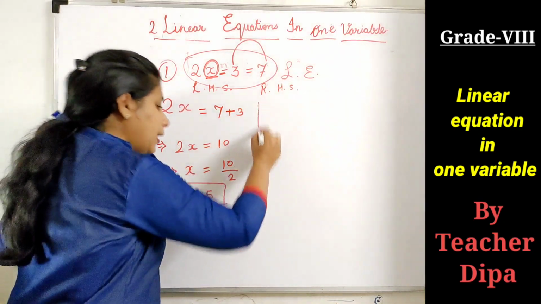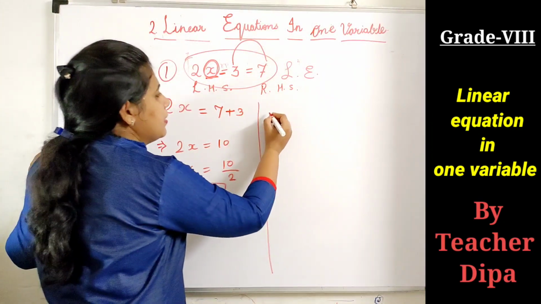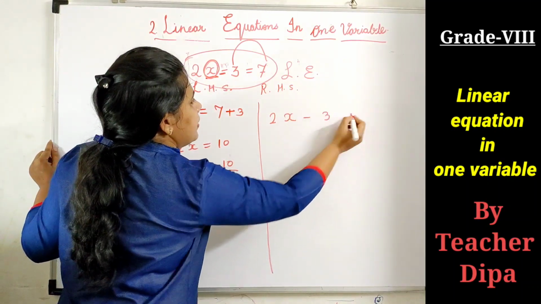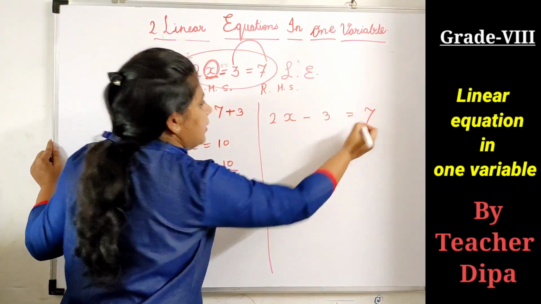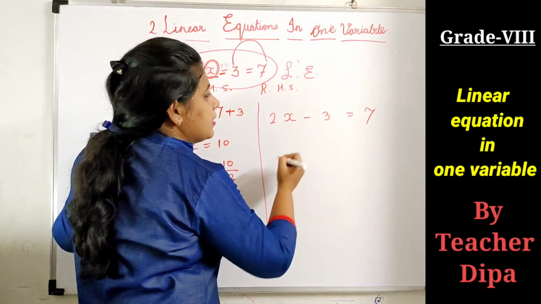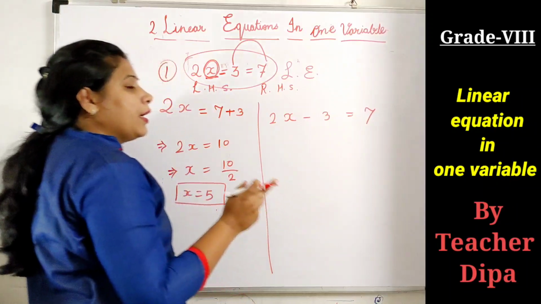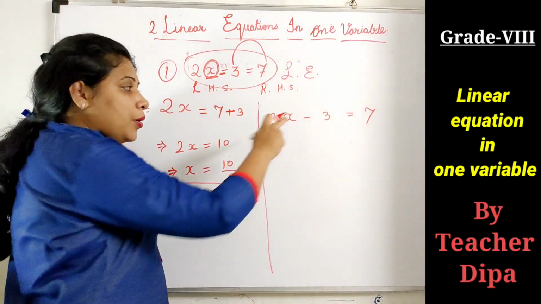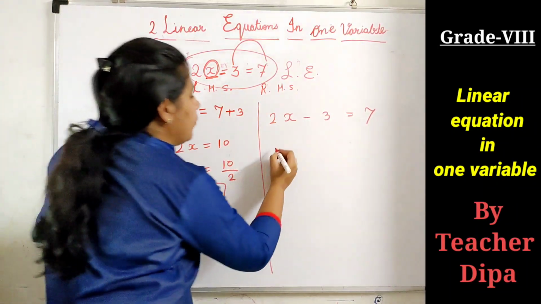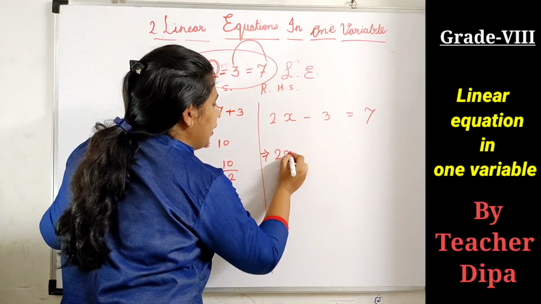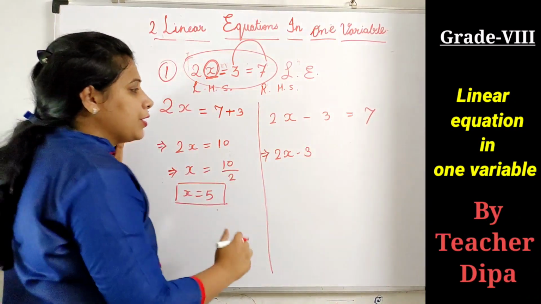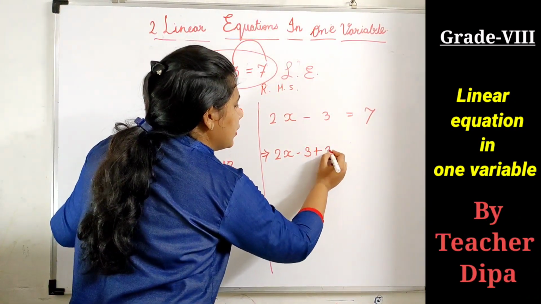Now the second method to solve this sum is, we write 2x minus 3 is equal to 7 as it is. When you have the minus 3 sign, you have to take the same number to this expression, but the sign will be changed. Means what? If I am writing 2x minus 3 and I want to get it to 0 from that equation, I have to put the 3.